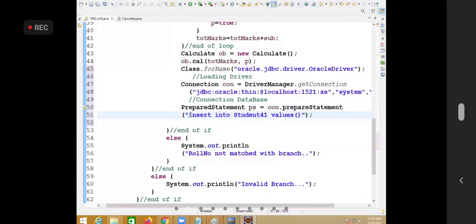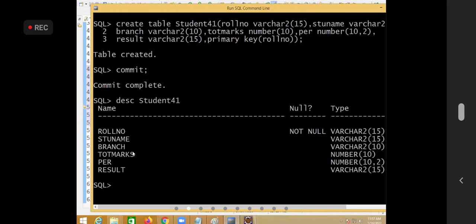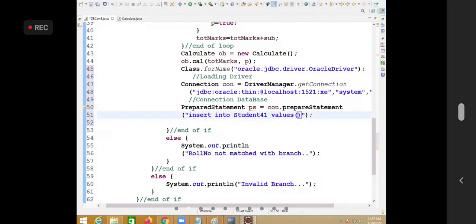Insert into student 41 values. How many values now? 1, 2, 3, 4, 5, 6. How many parameter indexes now? 6 parameter indexes.